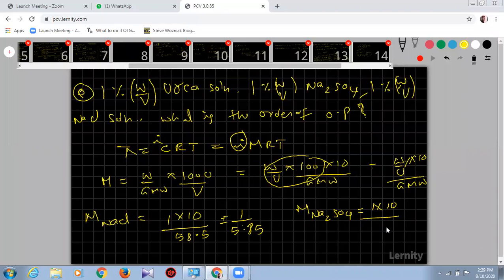Nearly it comes what now? 142. Okay, 142. Sorry, 147 or something you will get. Okay, let's see what we get. 1 by what you get here? 10 by 142 only you get. And finally what you get now? 10 by 142. 1 by 10 into